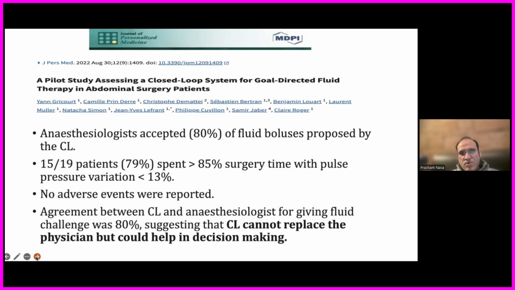So if a patient, despite being a fluid responder, also has leaky capillaries, and we see that giving fluid in these patients will lead to harm by worsening fluid accumulation, there we need to be very, very careful despite these patients being fluid responders. So that element, if integrated into future closed loop systems, will probably give us much more information.